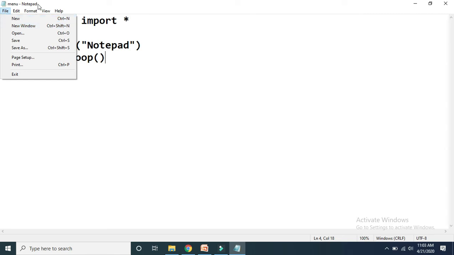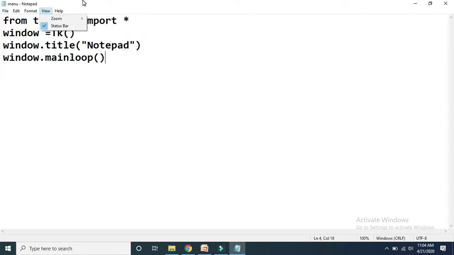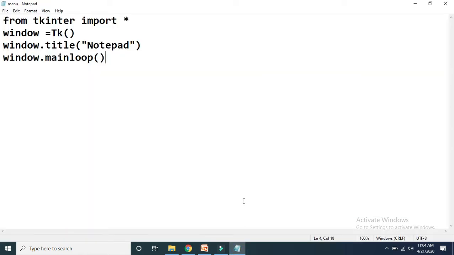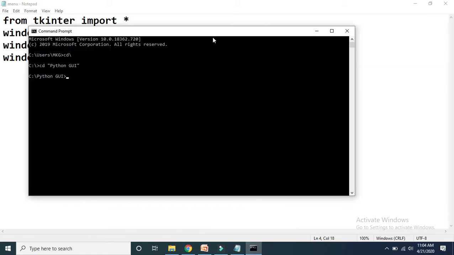If you want to create this type of widget using the Tkinter library, then for that we have to use the concept of menu in Python. Now let us discuss how to write code for the display of a menu bar. This is our basic code. In this code we just create one window and I have given the title for this window as Notepad. I have not set any dimension for the window. So let me show you the output of this particular code.